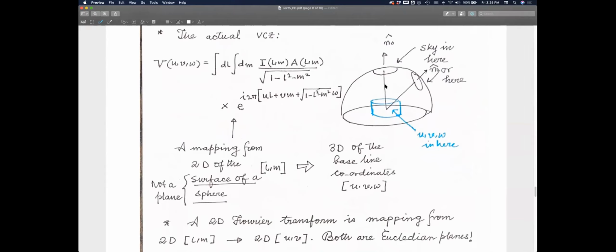So here I have depicted what I want to show, that sometimes the field of view may be just above your head, or sometimes the field of view may be here in the sky, which is the hemisphere. And that is where your intensity is defined. So your n0 may be looking at different directions at different times. And this box is the baseline plane. This blue box is the UVW or baseline grid rather, where you have the measurements in 3D. Okay, so that is the mapping you are trying to address.